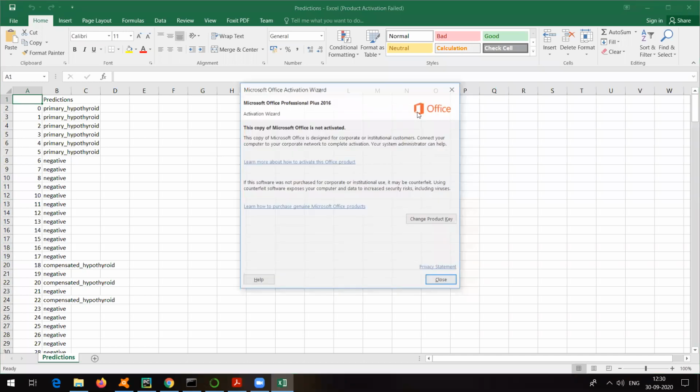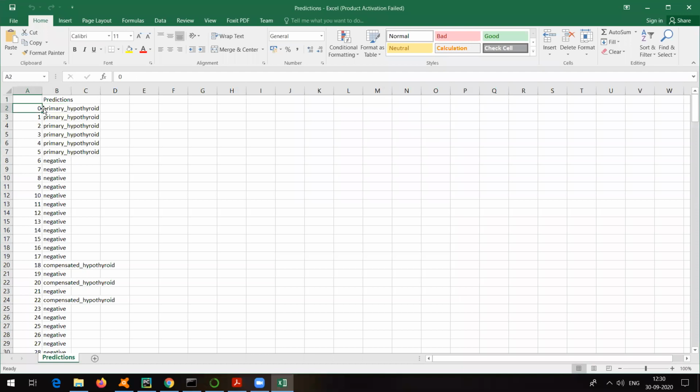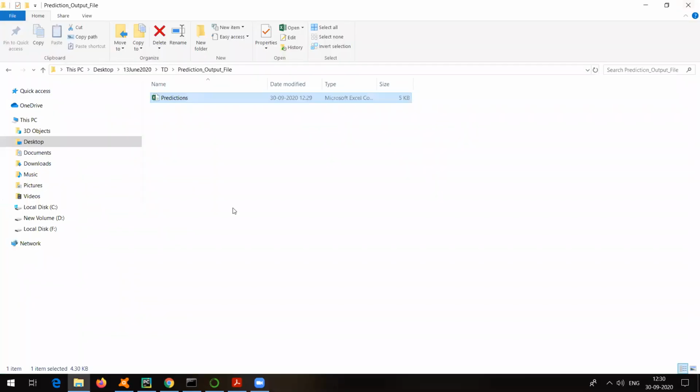So this particular project is going to give the output. See, here I have taken the output in a CSV file. You can go and display it on some web page or website, or store it in some database, whatever you want as per the requirement of the client. Okay, so here you see, the 0th patient is affected by primary hypothyroid, the 6th patient is negative, and so on. So this is what this project is actually doing. But yes, I will require some time to explain each and everything to you. Those people who want to try, definitely I will share all these things. Don't worry about that.